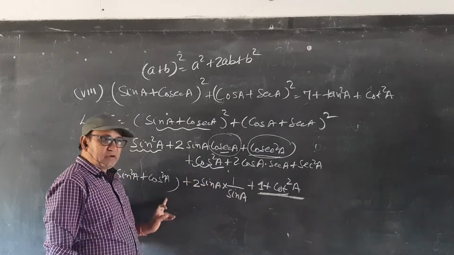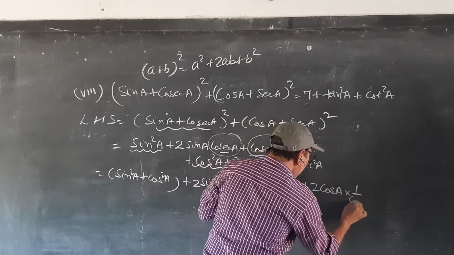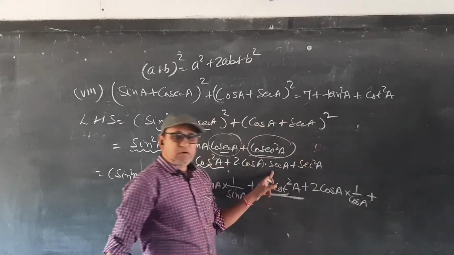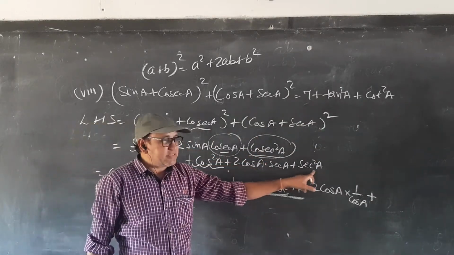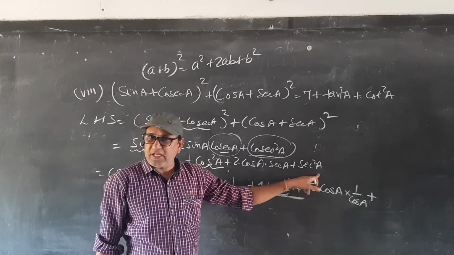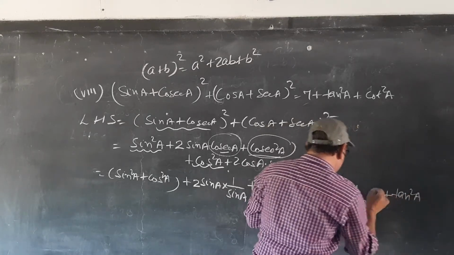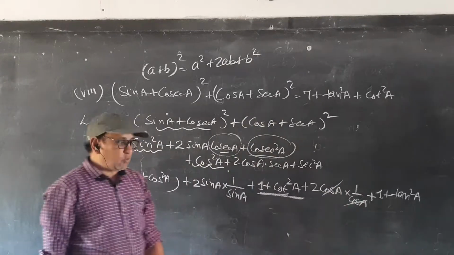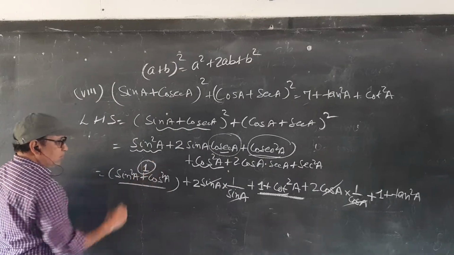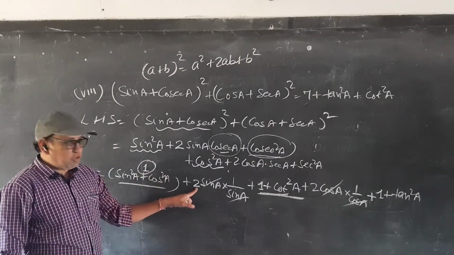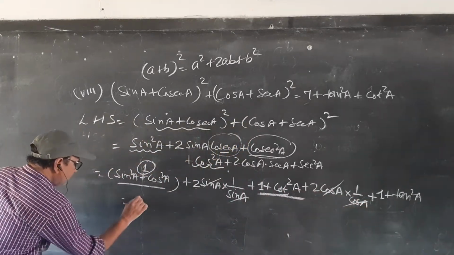Okay, it is already we have taken. And again, this is 2 cosec, and sec means 1 by cos. Clear? In the same way as we have opened cosec square a, in the same way sec square is 1 plus tan square a. Very good. 1 plus tan square a. Now you see, this one is gone, cos here also, sin. Now it is already 1, 1 plus 2, 3, 3, 4, 5, 6, and 7. So we can write here 7 plus.